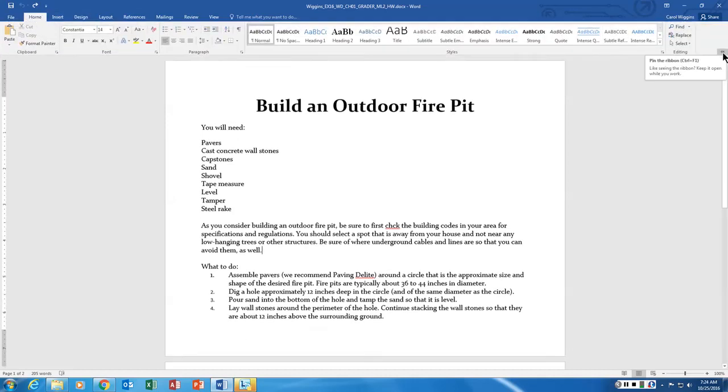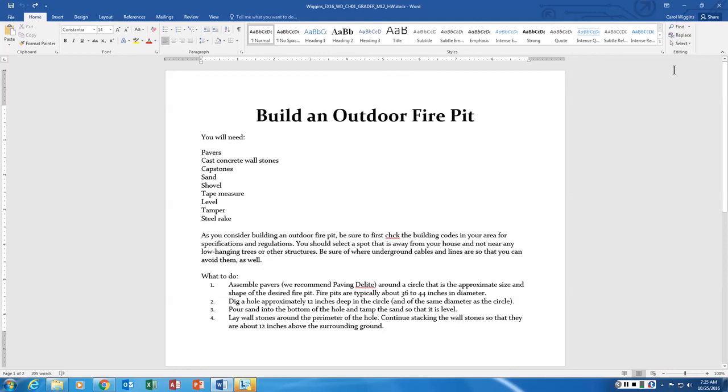Is going to be a pin. That means pin the ribbon down so that it displays all the time, and that's how I'm going to have mine, just because it's easier to be able to see everything. Okay, so to turn on your paragraph markers, or your non-printing characters, it's in this paragraph group on the